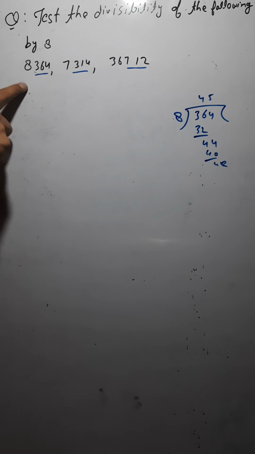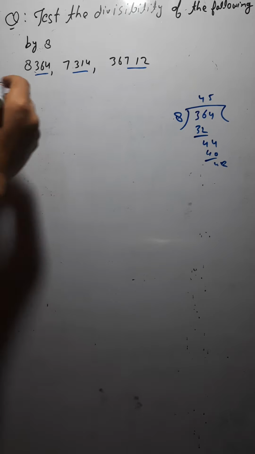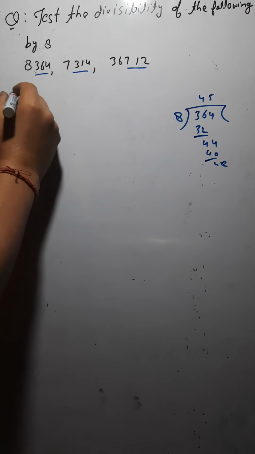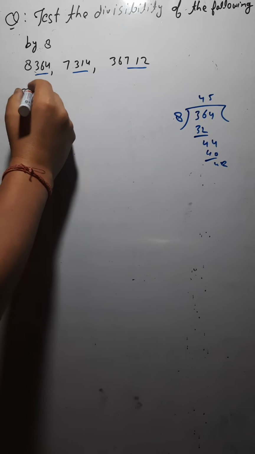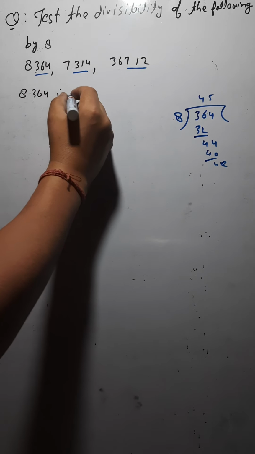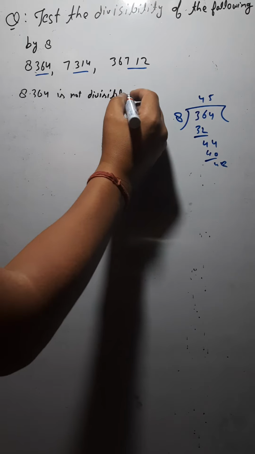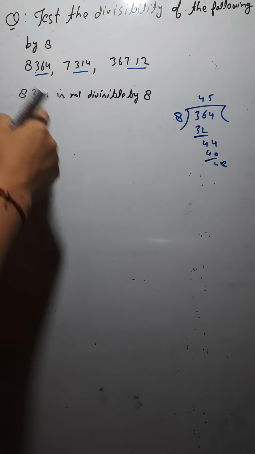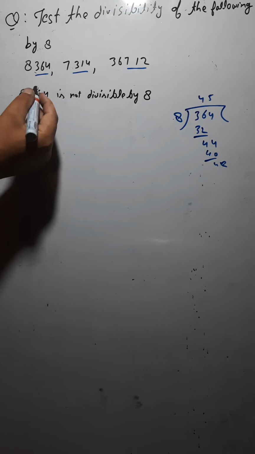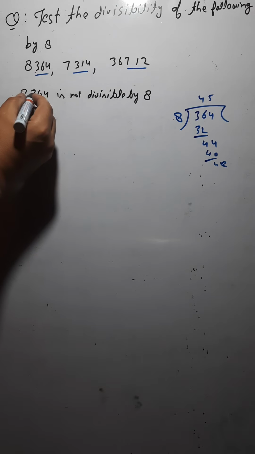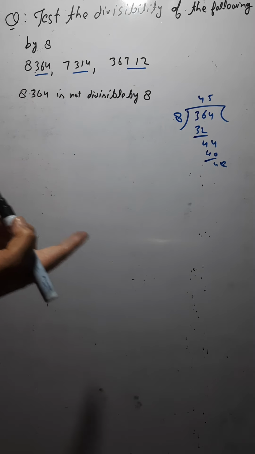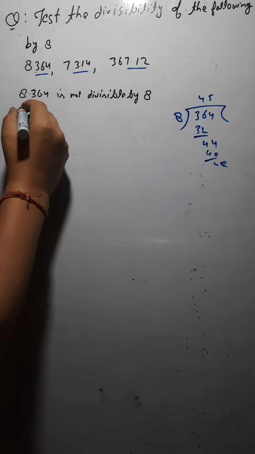Are you getting it or not? So let me write this. So you would write it like that. I am checking for this. 8364 is not divisible by 8. Why is it not divisible by 8? Because the number formed by the last three digits here is not divisible by 8. Yes? So you write there, since